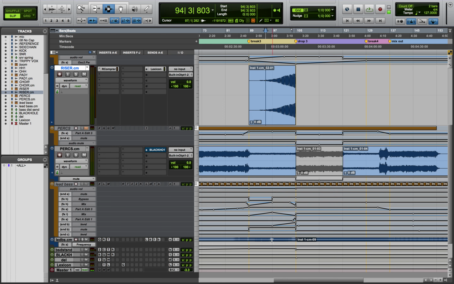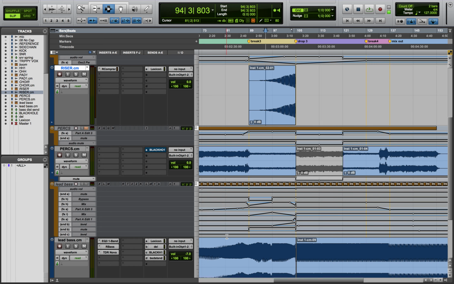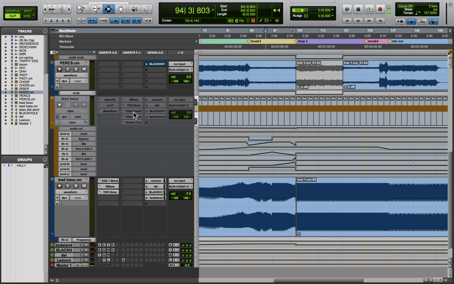And that bass, that bouncy distortion effect is coming from Filter Freak, which is a personal favorite of mine. And as you'll see here, there's two Filter Freaks. One is what you're hearing here,